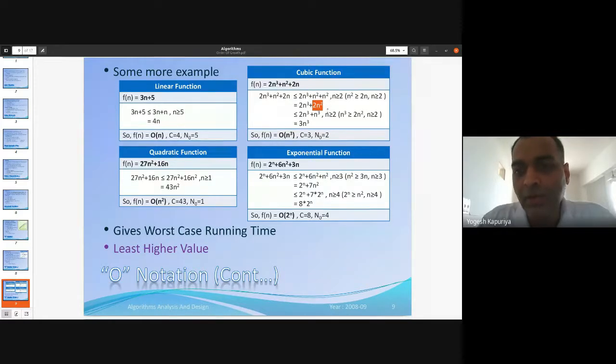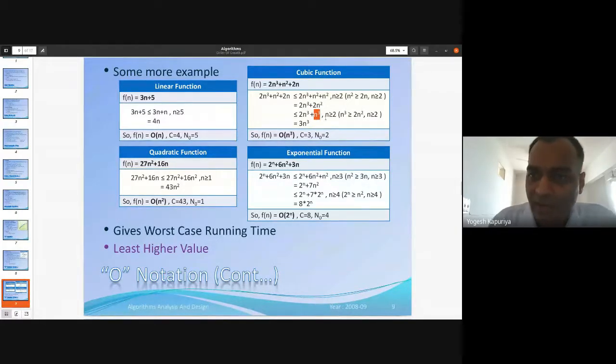Now this 2n square, I want to convert it into the n cube, and for any value of n greater than equal to 1, this is true. Sorry, greater than 1, not equal to 1. So for any value of n, because if you put n is equal to 2, then 2n square is 2 into n square is 4, so 2 into 4, that is 8. And here it is n cube, so that is 2 raised to 3, that is also 8. Now here, if I put n is equal to 3, 3 square, that is 9, into 2, that is 18, and 3 cube is 27.